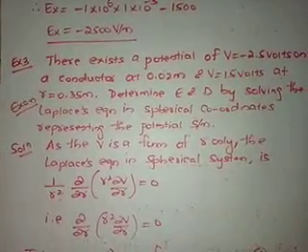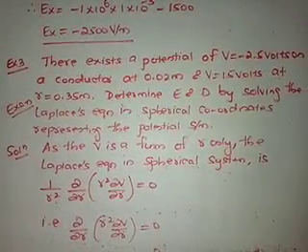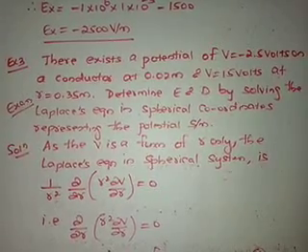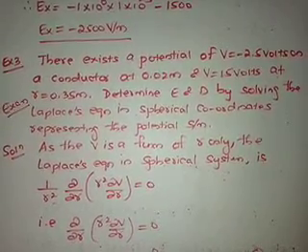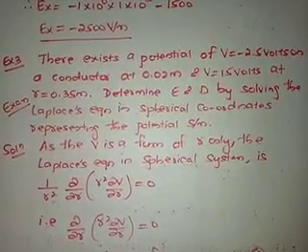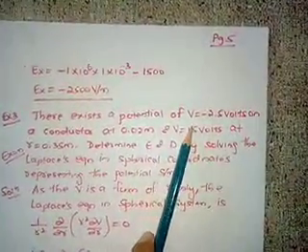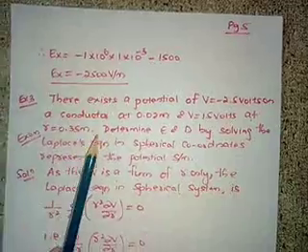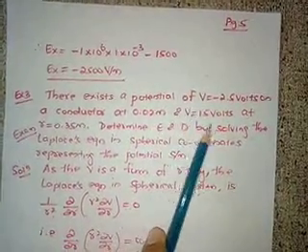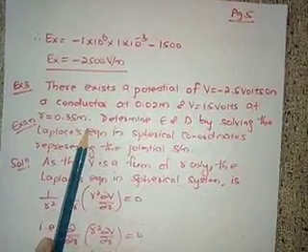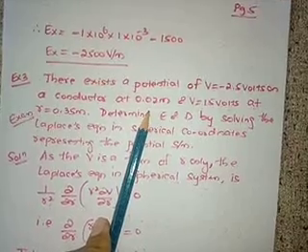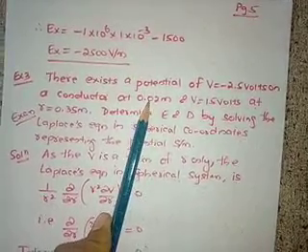What is given here? A potential of V equal to minus 2.5 volts at 0.02 meter and V equal to 15 volts at R equal to 0.35 meter. So they have given the boundary condition values. Here they have not mentioned whether it is R or anything, it is R itself.